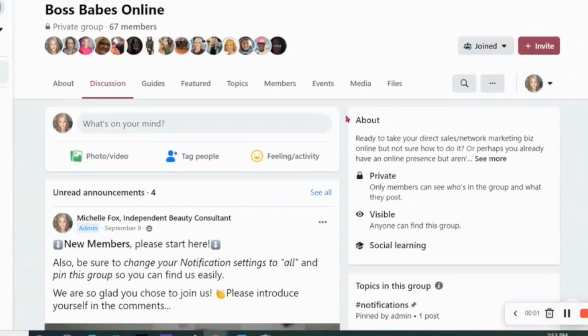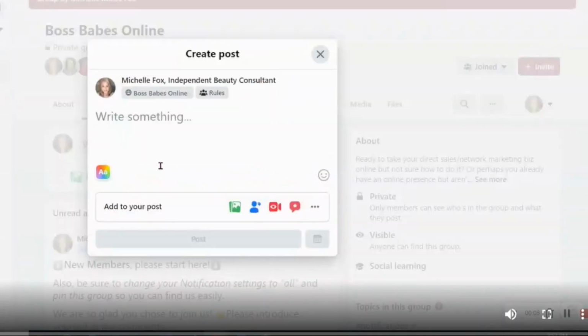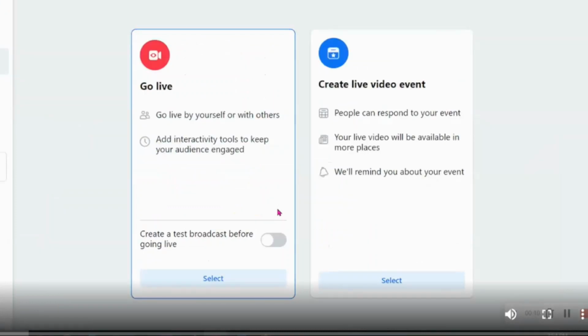So when you get into your group or wherever you are, you click as if you're making a comment. You find the live video icon, click that. Okay, so now you have to set up